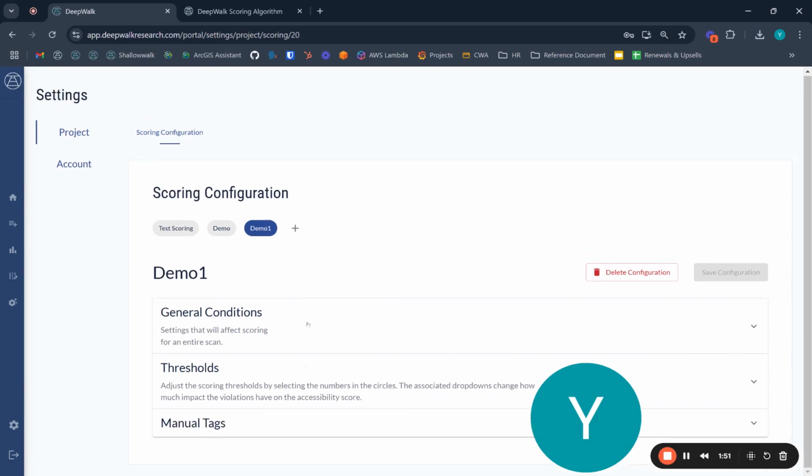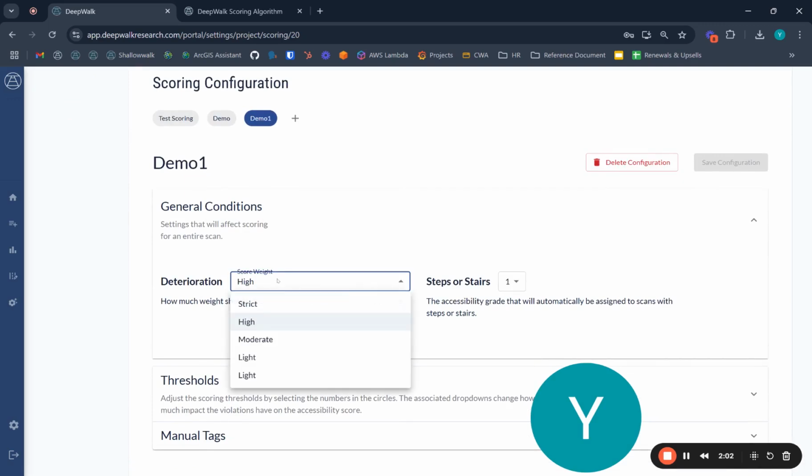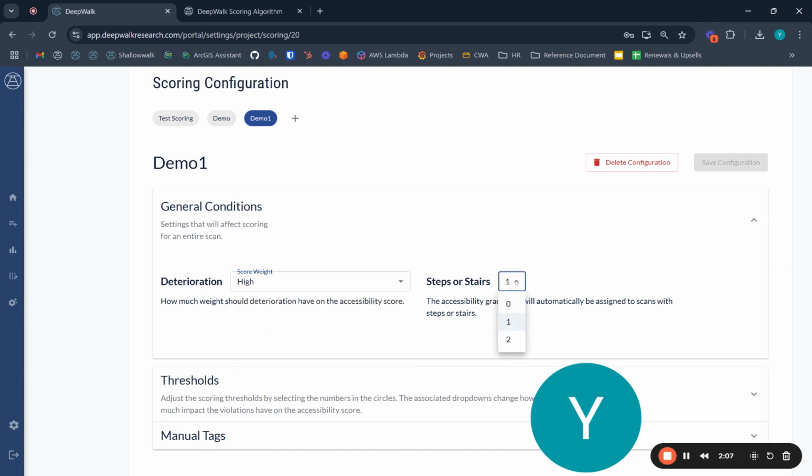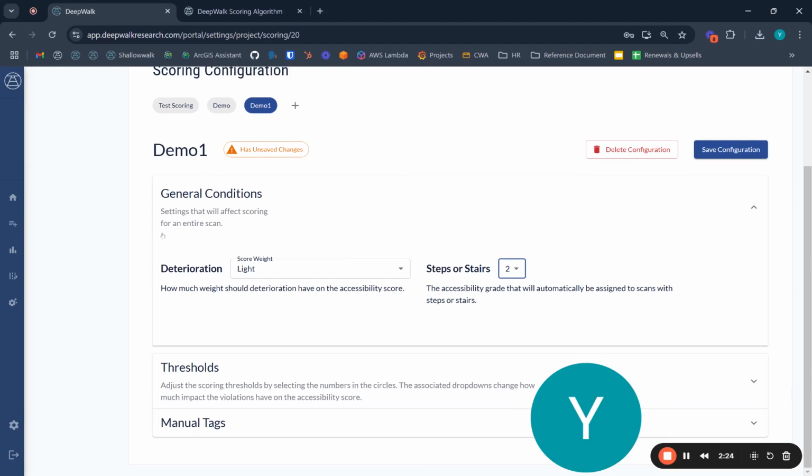So you can see we basically have three parts of the setup. First is general settings, including the weight assigned to the percentage of the deteriorated sidewalk area and the accessibility grades applied for the steps or the stairs existence. These settings will help capture overall sidewalk conditions. So if I choose moderate, grade being 2 for those general